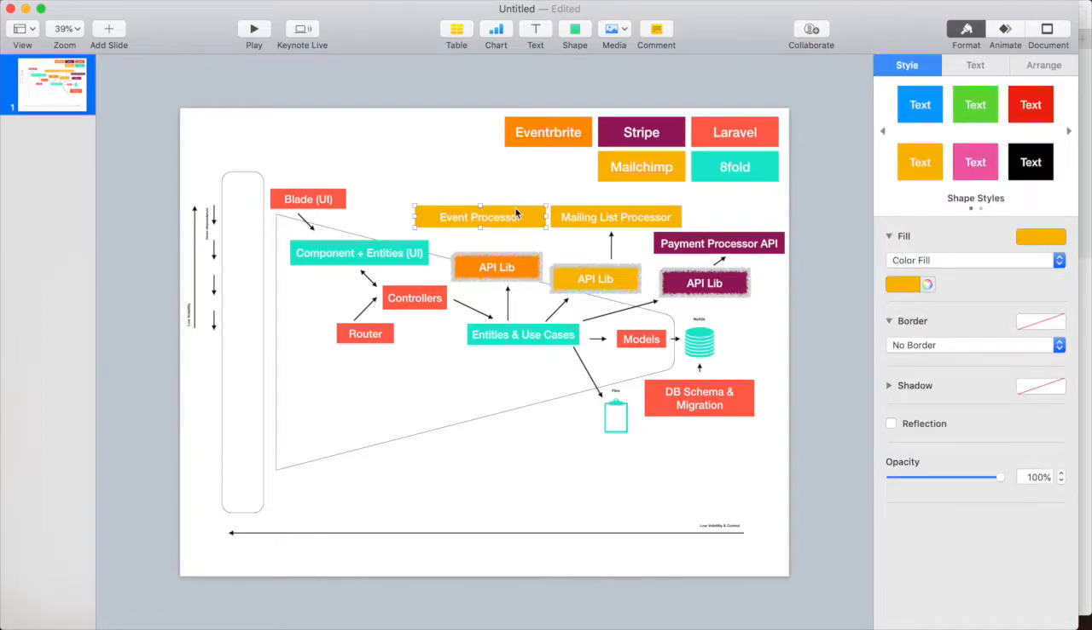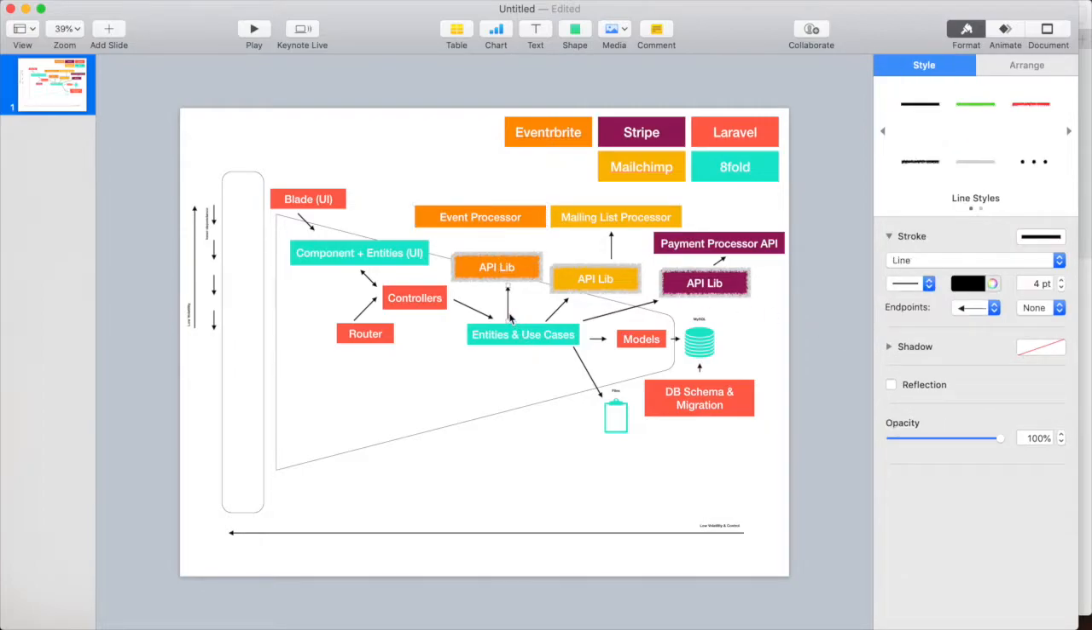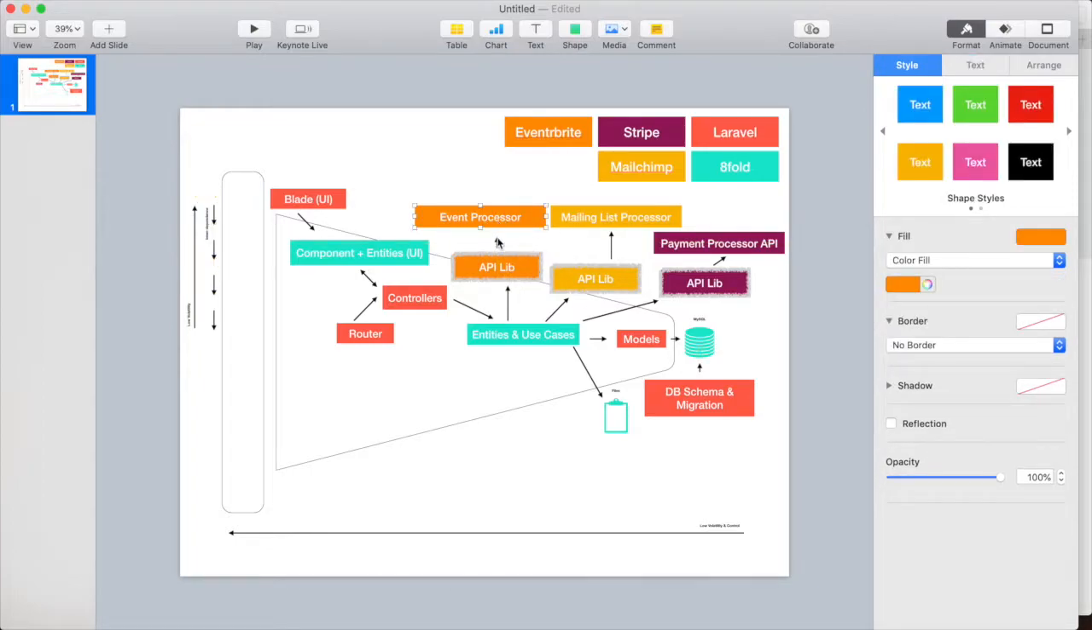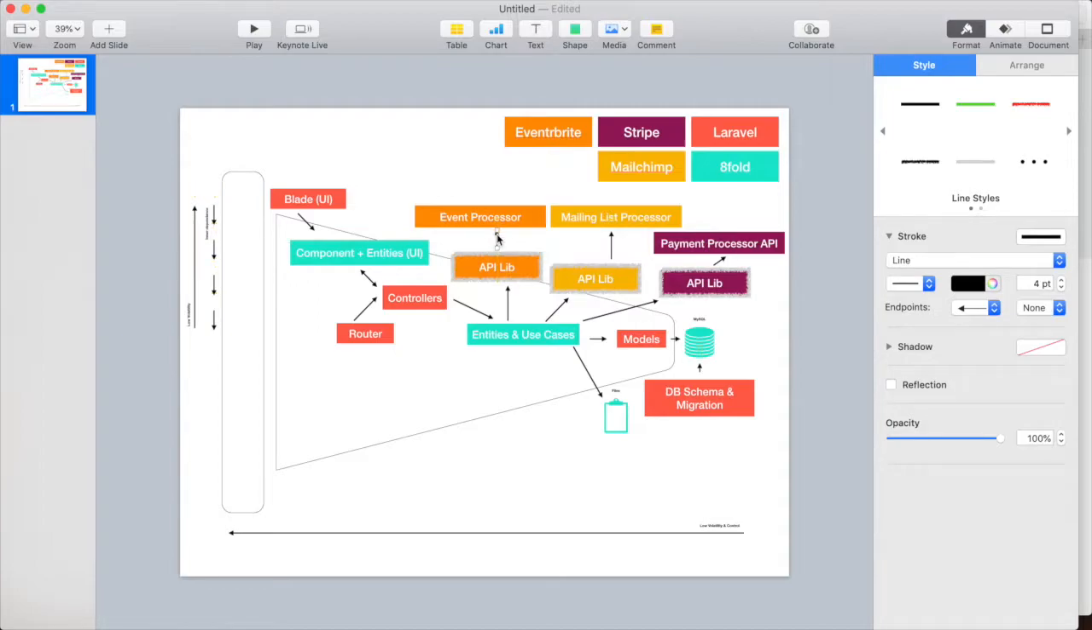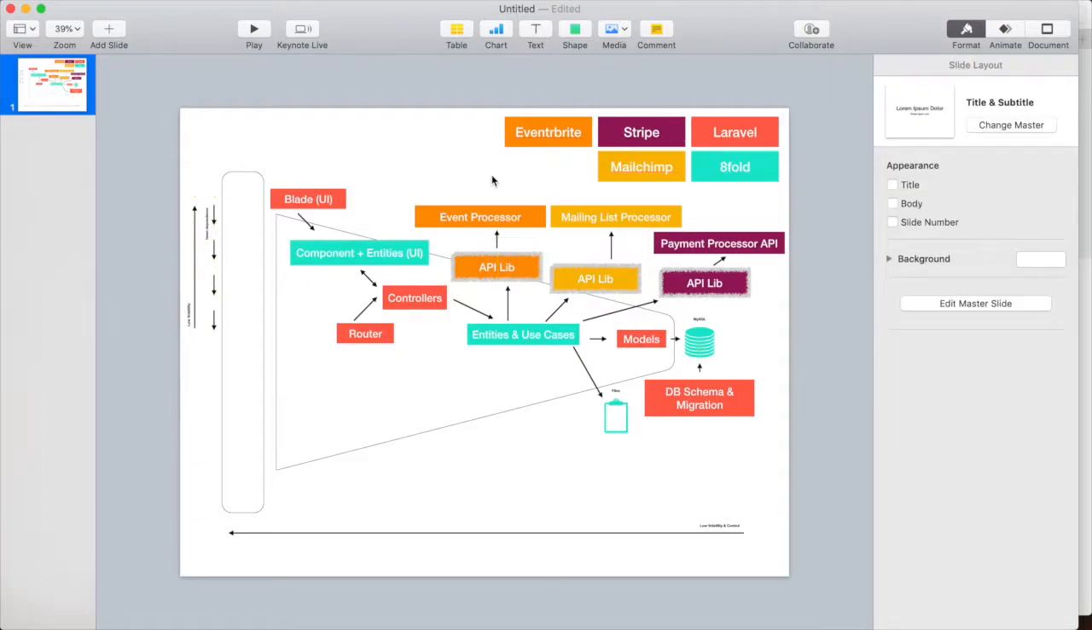Now this event processor one is interesting because right now we're only using Eventbrite, but being able to broadcast to multiple channels and things like that would probably be a good idea. And I do think Eventbrite is another one where we have our own library. But again, this right now is primarily about